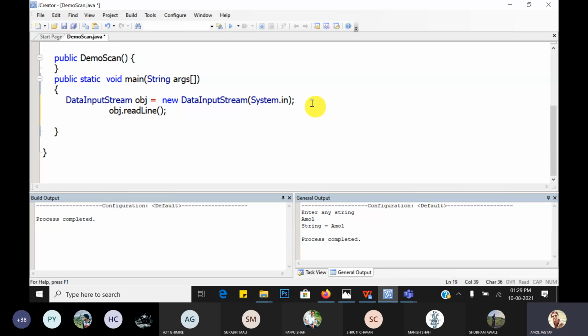If you want to typecast into an integer, you can. We will see that. Before that, what is the first message? The message on the console, that is System.out.println, enter first number.